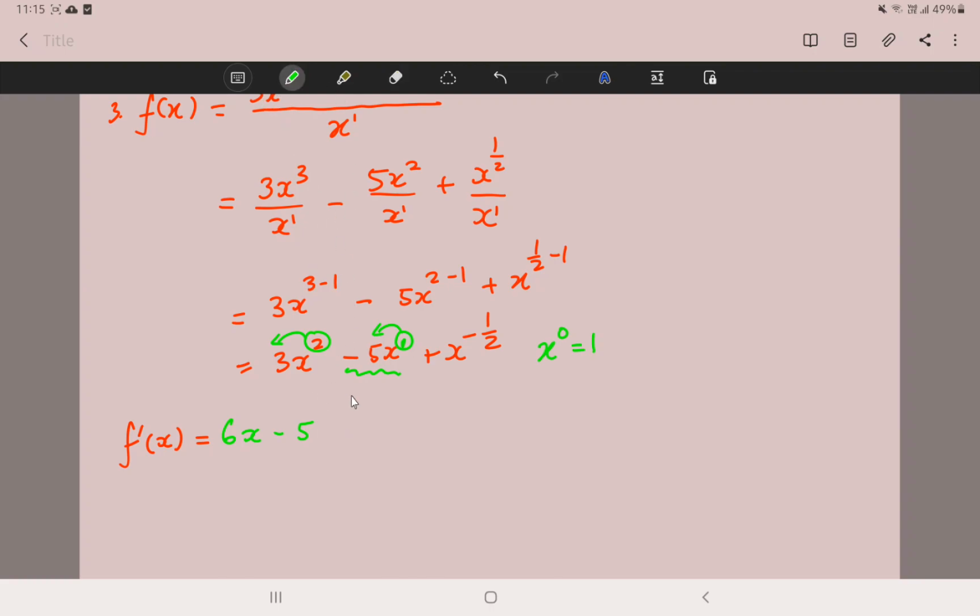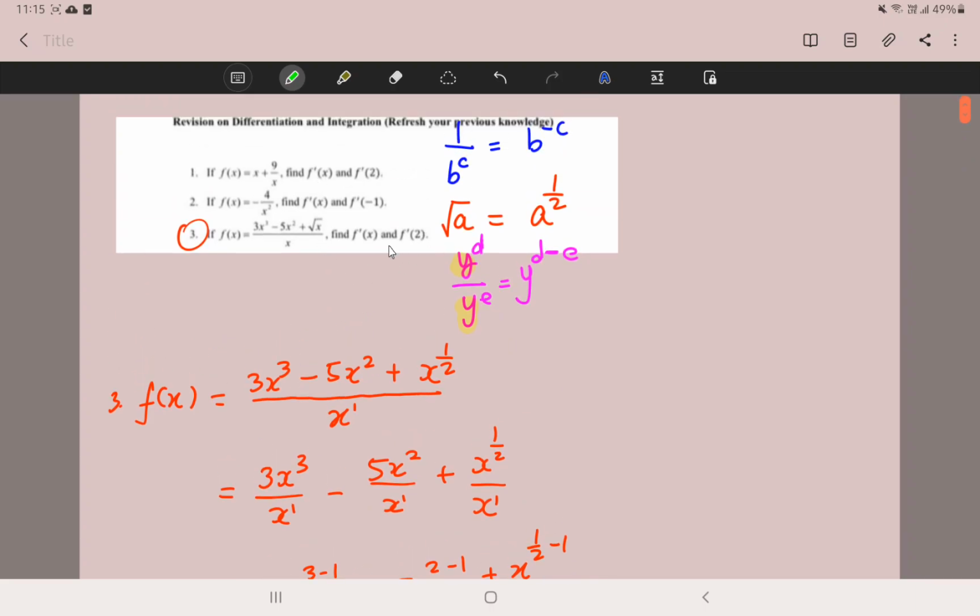Plus x to the power of minus half. The minus half over here you need to bring in front, so it's minus 1 over 2, x to the power of, so the power decreasing by 1, so negative 1 half minus 1 is negative 3 over 2, right? So it's x to the power of negative 3 over 2. Because the question wants to find the first derivative and also the first derivative at x equals to 2,